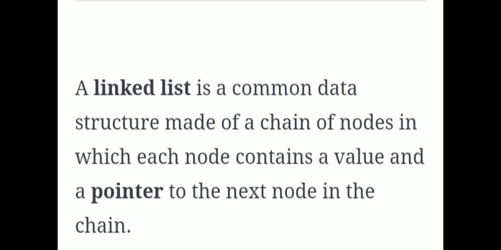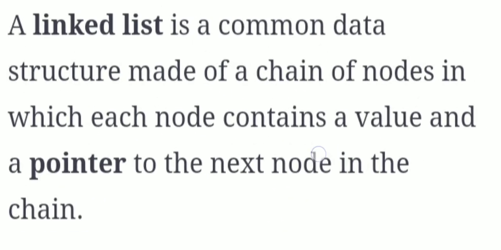For example, imagine you have a list of 5 elements. These 5 elements will be in the form of a chain. For making it a chain, I maintain 2 pieces of information in my node. See here, each node contains a value and a pointer. So in my node I have the value of my data and also a pointer. This pointer links the current node to the next node. So what may be present in this pointer? The pointer may have the address of the next element.